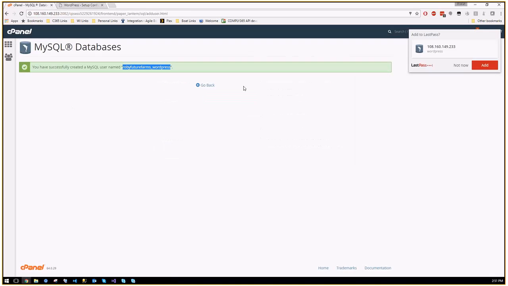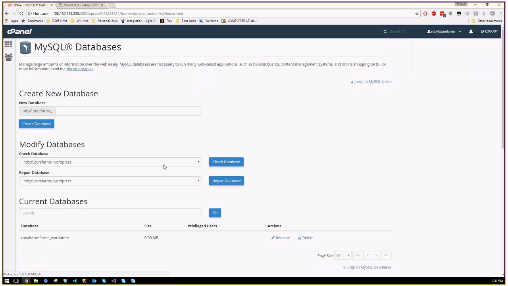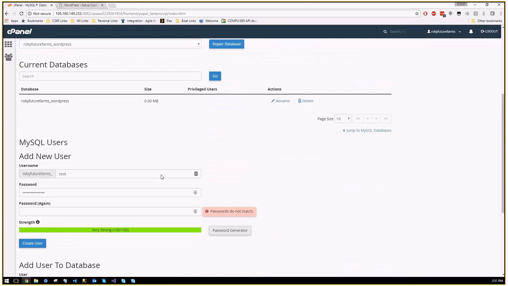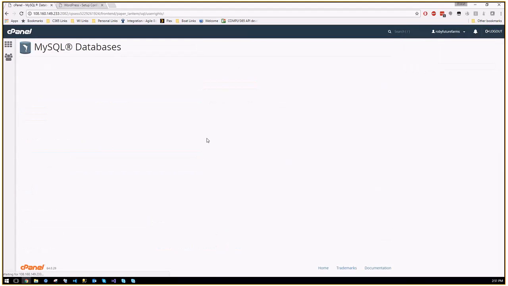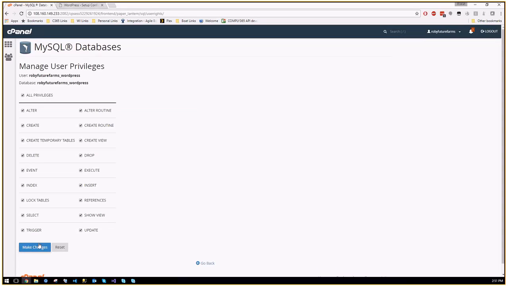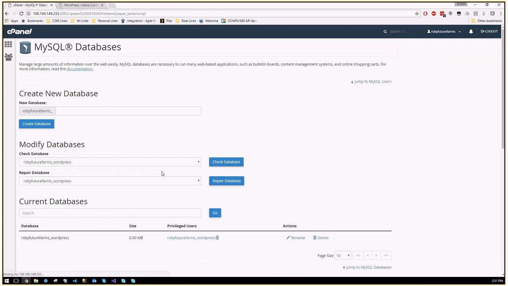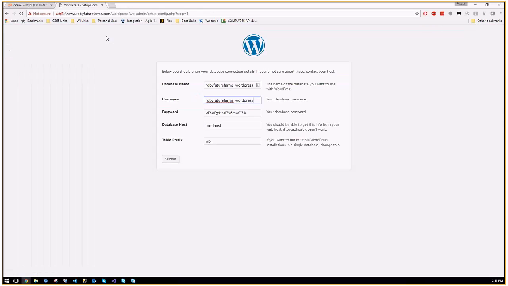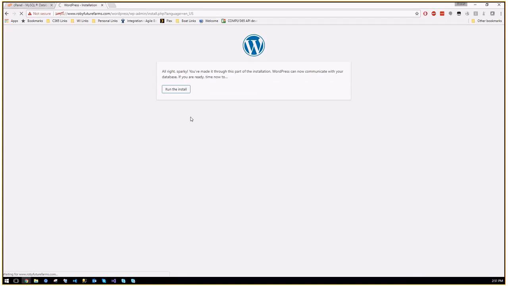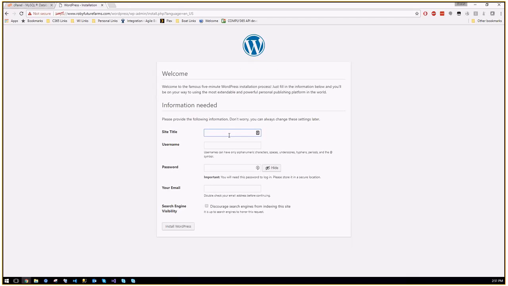The one last step we need to do is assign the user to the database. So we've got the WordPress user we want to add. All privileges, make changes. And then I'm going to delete this admin user because we don't need it anymore. So now we can click submit, run the install, site title,